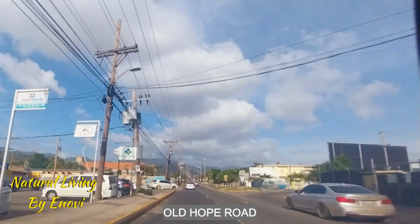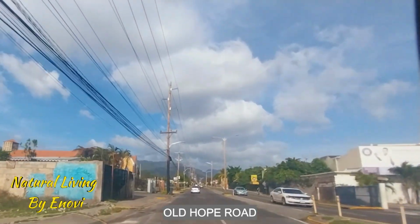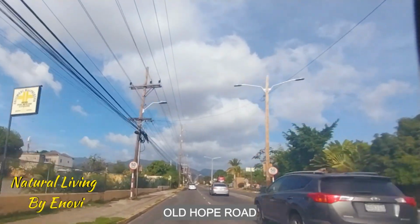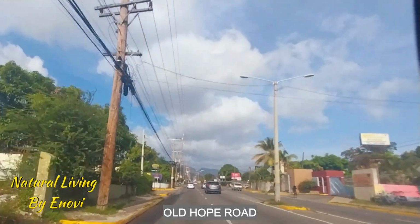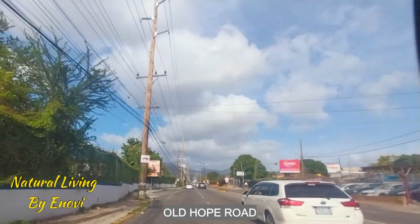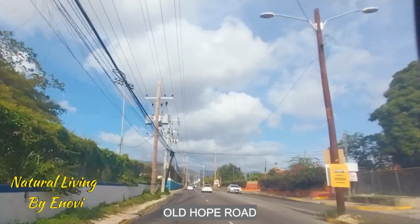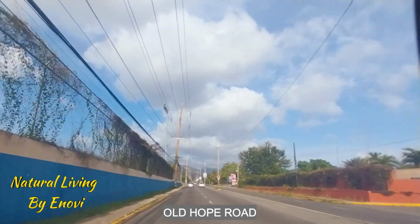We have another little plaza on the left with a Domino's, and on the right we have, that's where you turn to go back around if you want to go to the American Embassy. KFC on your right. You have Jamaica College up this side too on your left. And you have the Chinese Venables